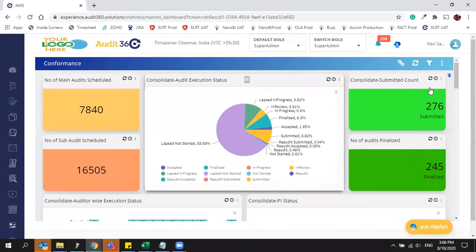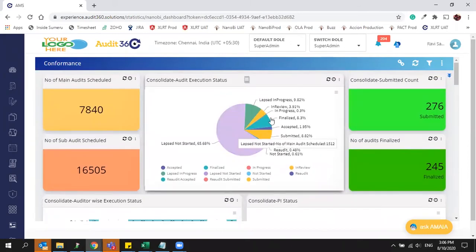So this is what you get at the dashboard level features. Apart from that, you will get analytic level also. You will get some important features where you can access the data, or if you have certain analytics to be done at the dashboard level.